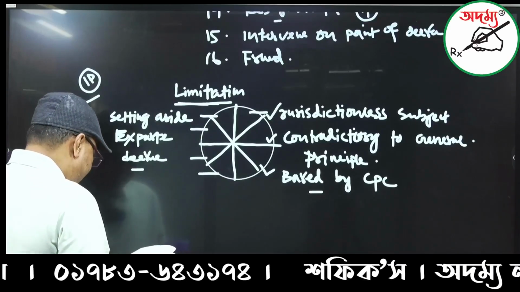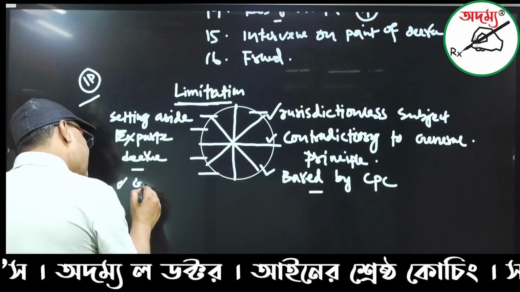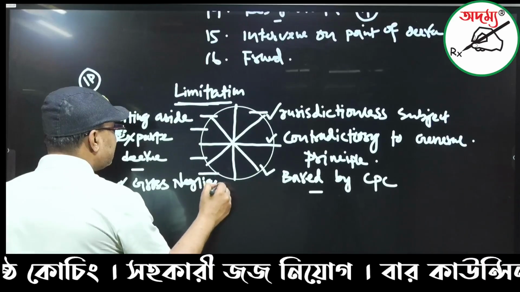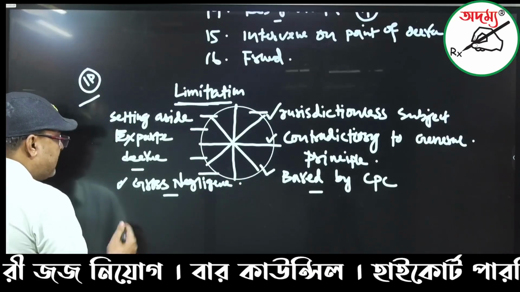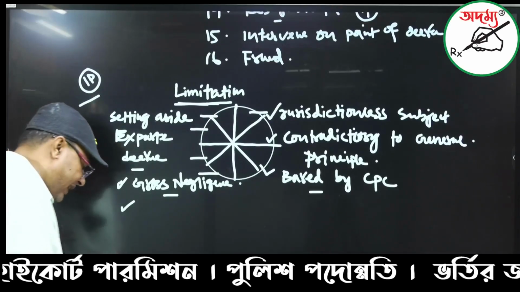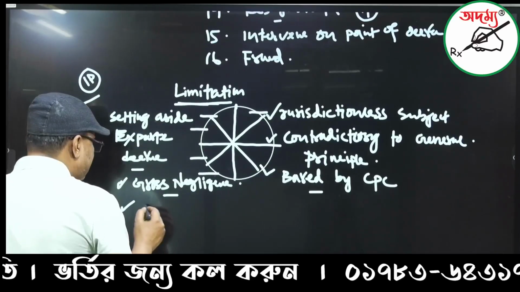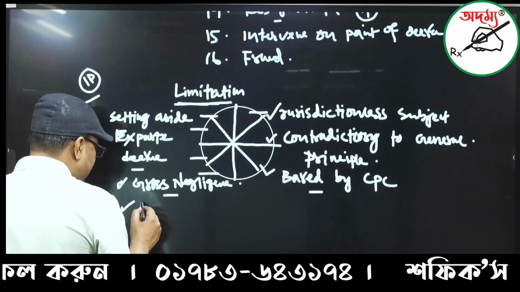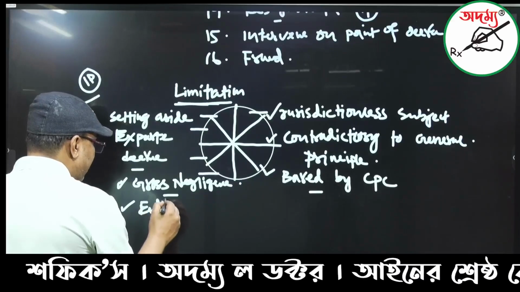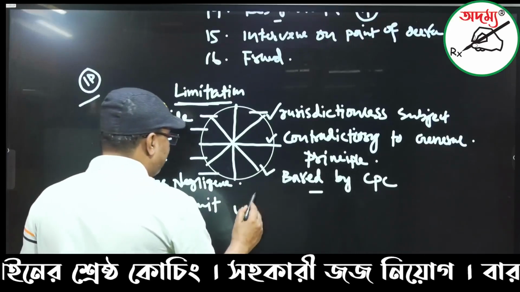And number 5, this is gross negligence. What exactly is gross negligence? If there is gross negligence and no remedy has come into force before the court of law, that time this doctrine will not be applied. And not only that, dismissal, or ending justice, to ensure justice, fulfilling and ending this case. This is truthfully ending the suit. At that time there is no applicability.